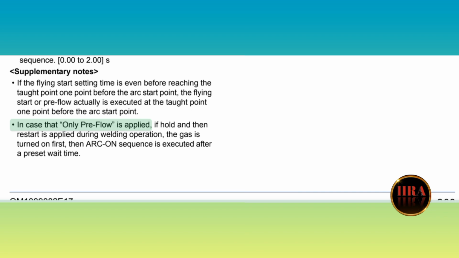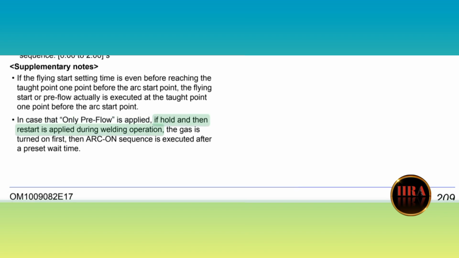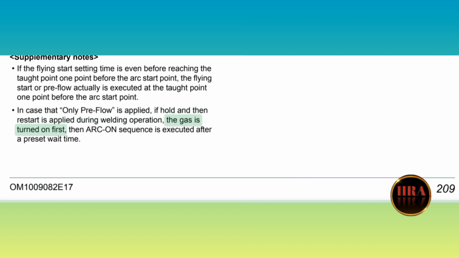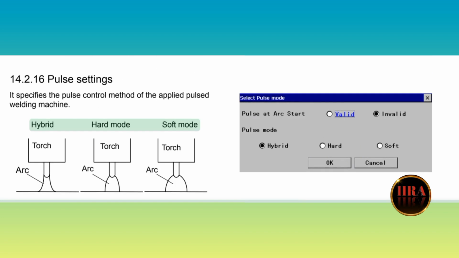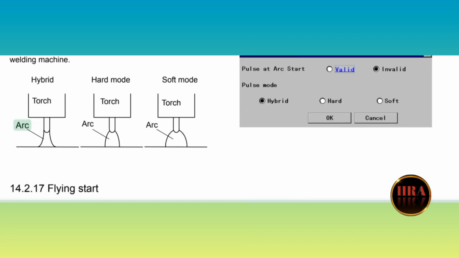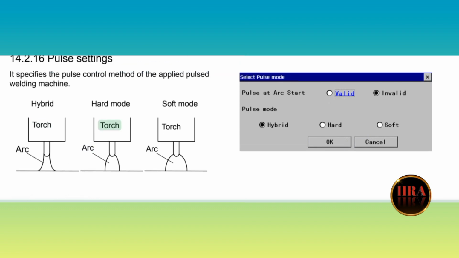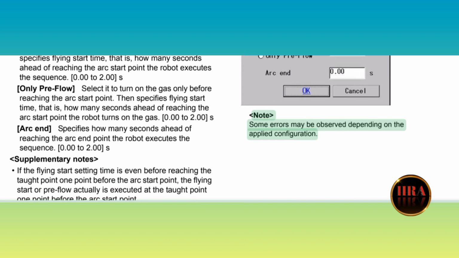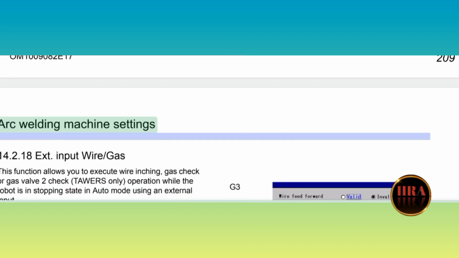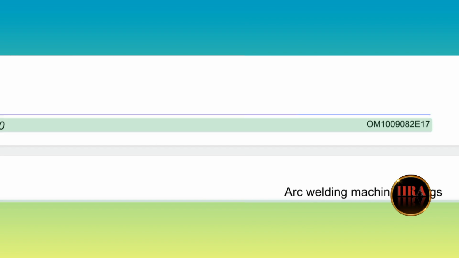In case that only pre-flow is applied, if hold and then restart is applied during welding operation, the gas is turned on first, then arc on sequence is executed after a preset wait time. Hybrid hard mode, soft mode. Note: some errors may be observed depending on the applied configuration. Arc welding machine settings. 210. OM10090